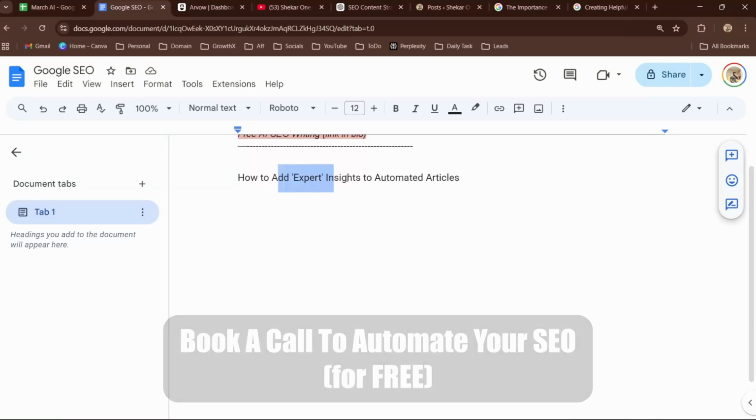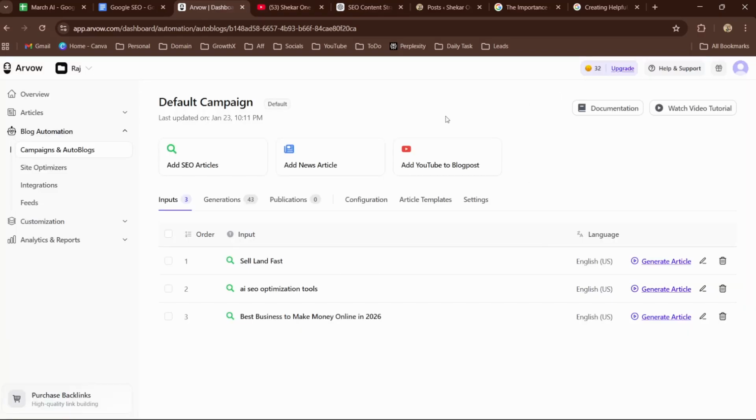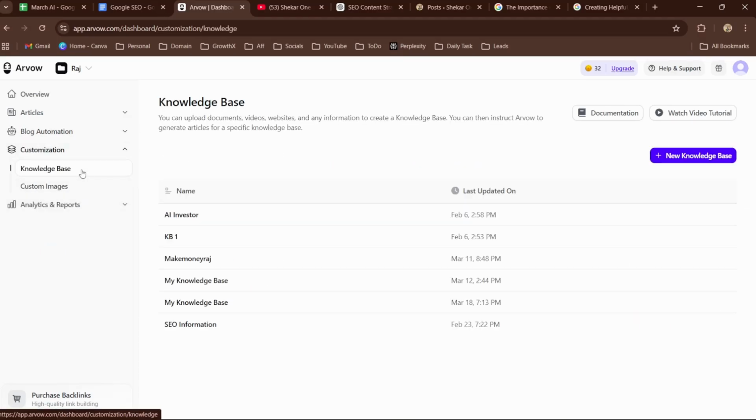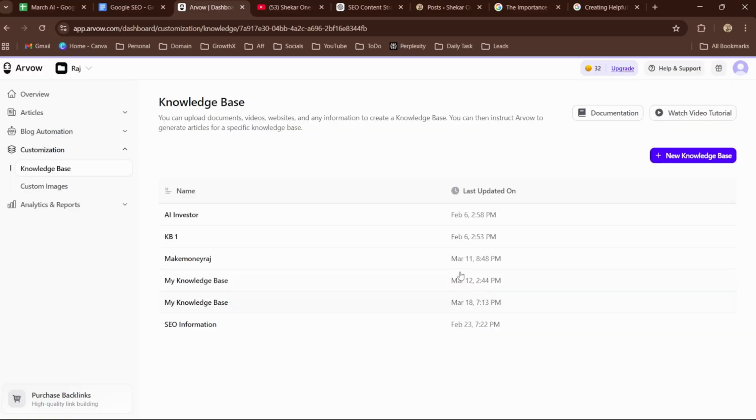Alright, how to add expert insights to automated articles. So what I'm going to do is go into the AI SEO Writer cover URL, and here go into the customization, and inside the customization we have something called knowledge base. And here if you click on new knowledge base and click on create new knowledge base, once you do that,